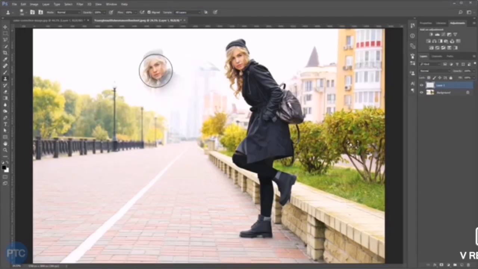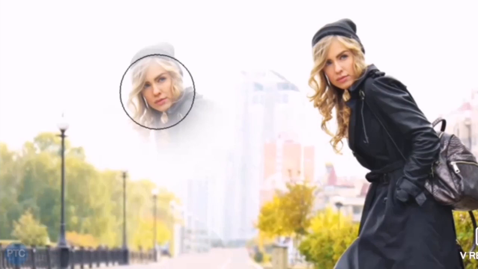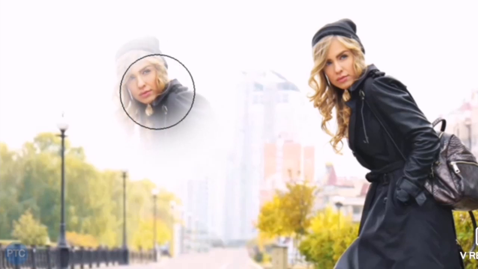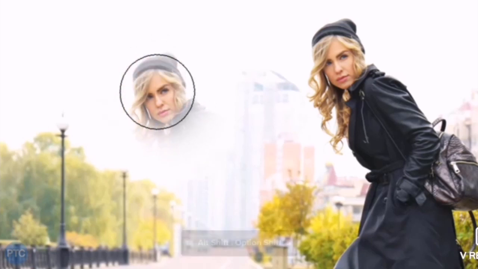Now I have selected and I'm dragging the mouse on the other place where I want to do the cloning. Alt option I'll select, then I'll drag the image down. See, this way I will drag it. Can you see that image? Same image has been appeared the place where I have selected.